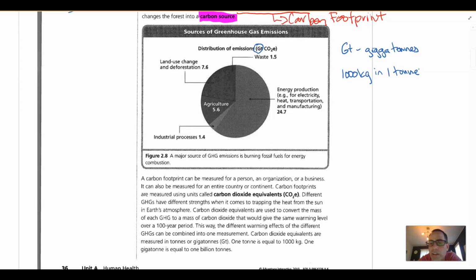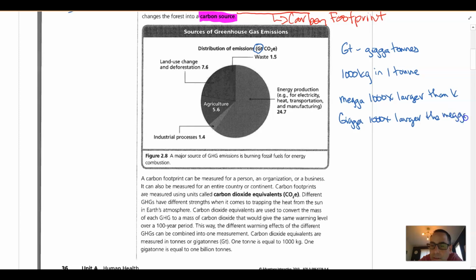Just so that you understand, a mega is 1,000 times larger than kilo. And giga is 1,000 times larger than mega. So a gigaton is a huge number. And so when we take a look at these, land use change and deforestation, so when we knock things down,